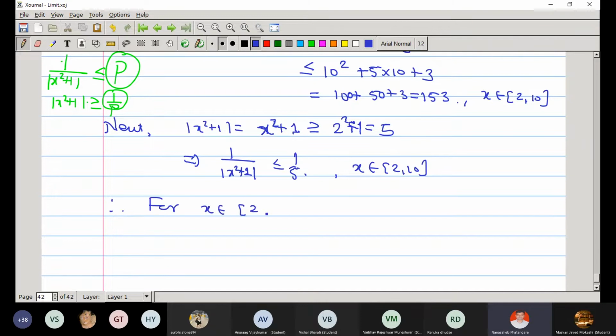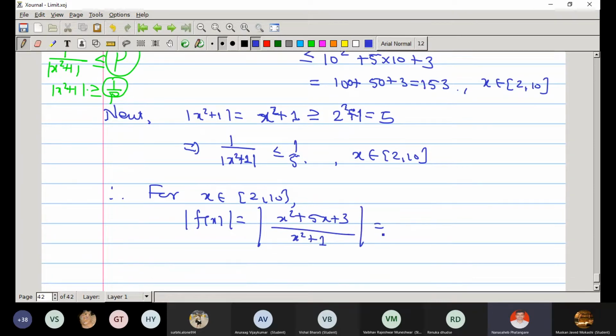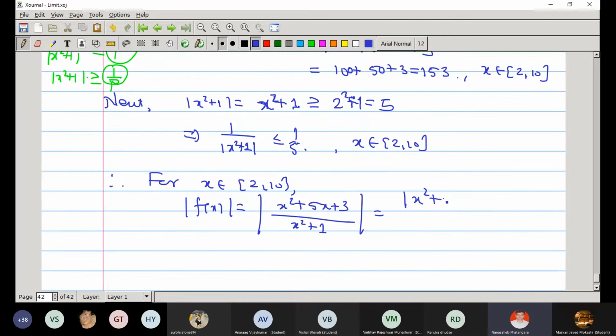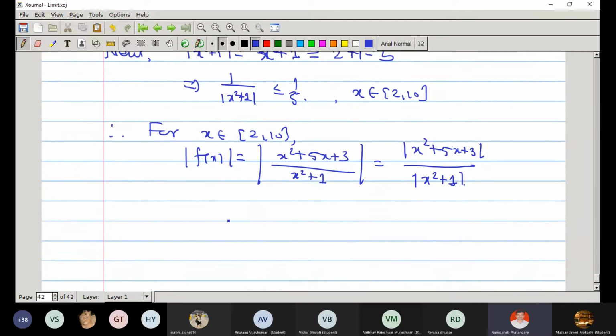for x in 2 to 10, what is the absolute value of f of x? It is the absolute value of x square plus 5x plus 3 upon x square plus 1. But the absolute value of a by b is the absolute value of numerator divided by the absolute value of denominator, right? The absolute value of the numerator is less than or equal to 153, and the absolute value of 1 upon x square plus 1 is less than or equal to 5, right? Now this is our number m,